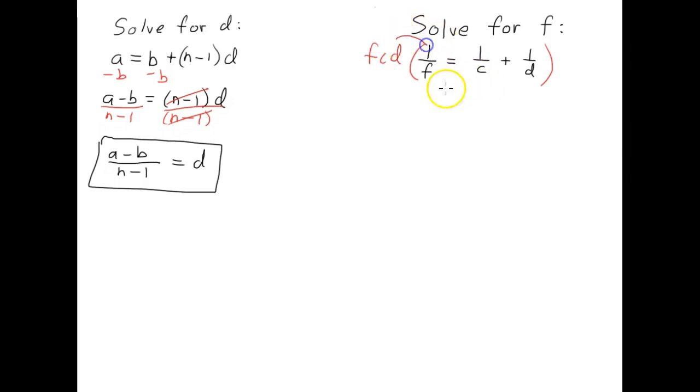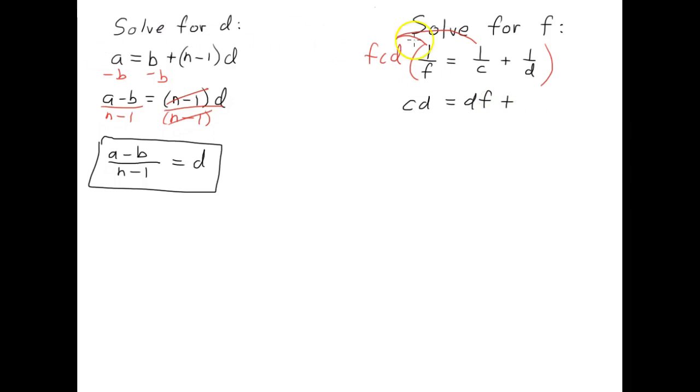Now what happens when I multiply it by the 1 over f is that the f in the denominator and the f in the numerator will cancel out, and I'm left with just c times d. So I'm going to write that, cd equals, and now if we multiply it by the next term here, the C's will cancel, and I'm left with just FD. I better put this in alphabetical order. I'm going to write DF because the C's cancel. So I'll write equals DF